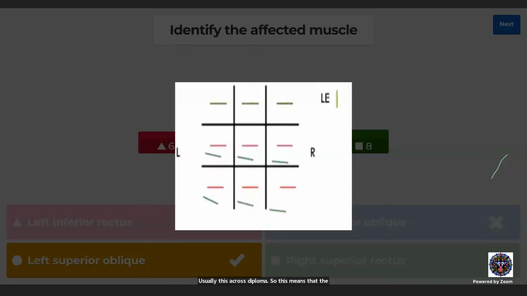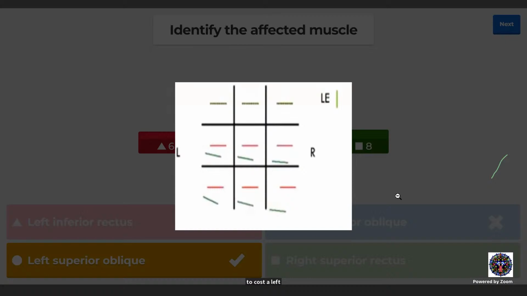And the next step is to see where the deviation is maximum. So here you can see the deviation or the separation of images is more in the dextro depression. This is right eye, so dextro depression, it is more. The two muscles which act in the dextro depression are the right inferior rectus or the left superior oblique. So again, it's a left SO, which is going to cause a left hypertropia and more separation of images